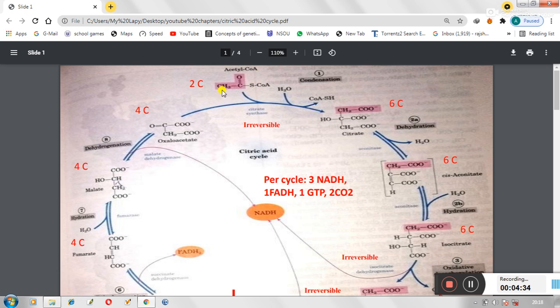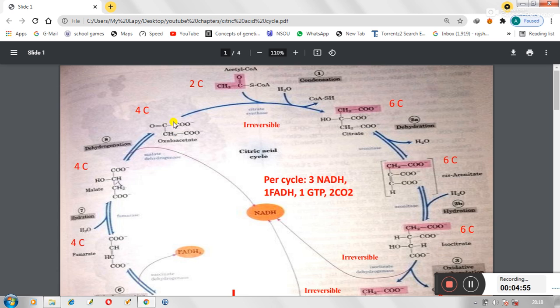Acetyl coenzyme A is a 2 carbon compound, CH3-CO-SCoA, where SCoA is coenzyme A. This acetyl coenzyme A, a magical compound produced from pyruvic acid, joins the previously present